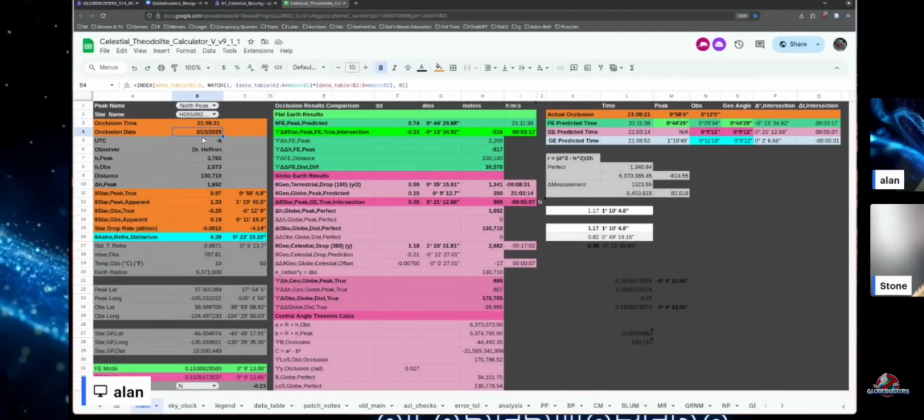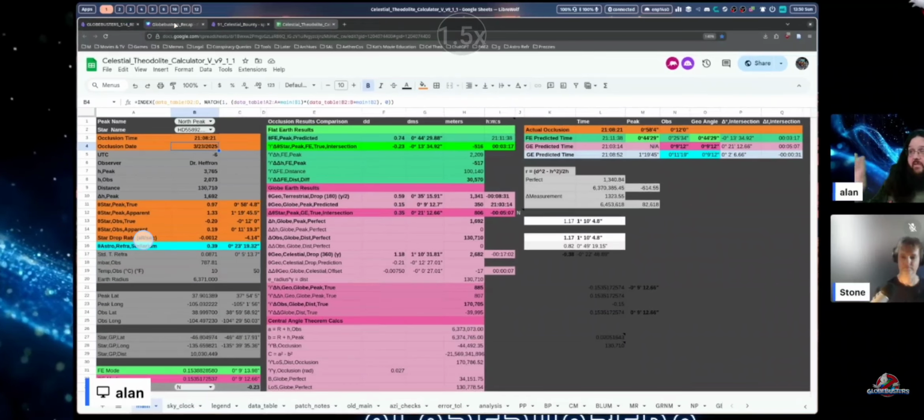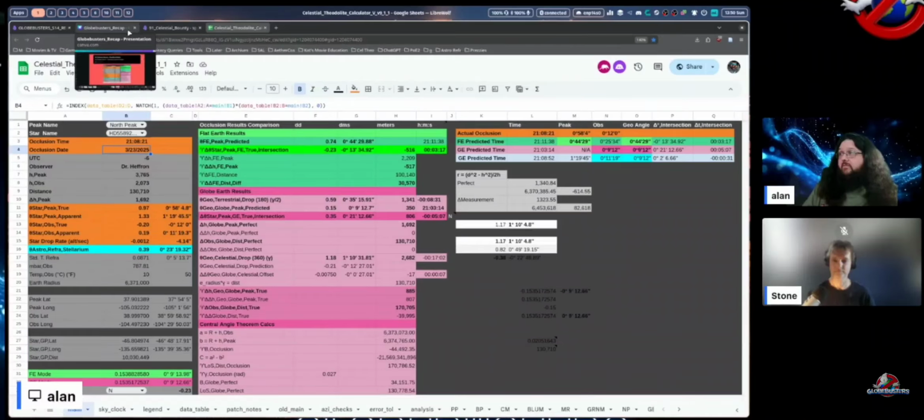It always occurs a little earlier than what's predicted for flat Earth using their 15 degree per hour descent rate, because again, this true position doesn't actually move at that rate, but it does have to overcome an object at that angle relative to the observer with that same 15 degree per hour time component. So that's what ties both models together, because we share the 15 degree per hour relationship. They just say that it's an angular descent rate relative to the observer, whereas for us there's going to be a lingering effect where it's just going to be horizontal to the ground as it angularly sets for us optically, right? But the actual light source is still angularly above us.